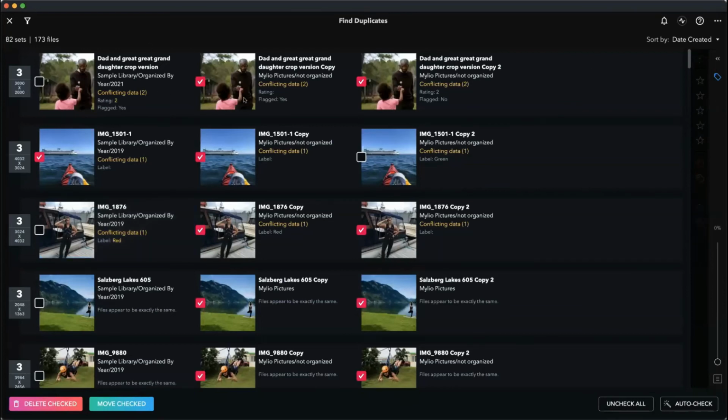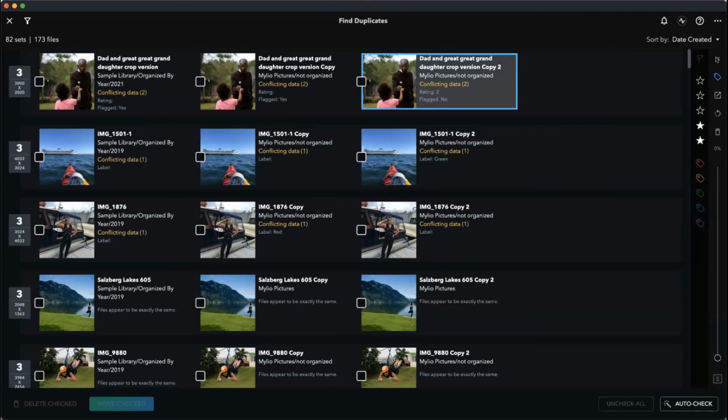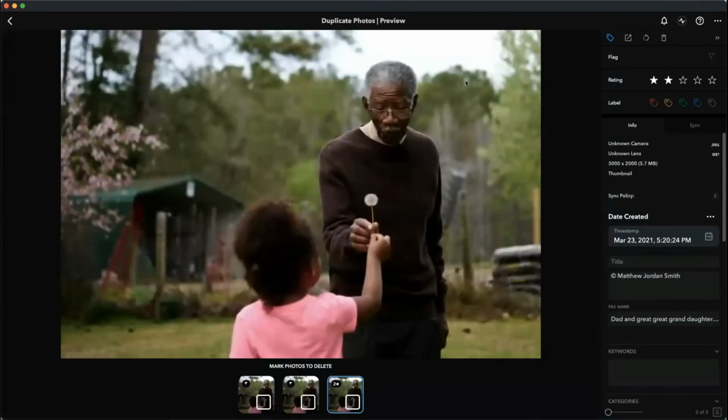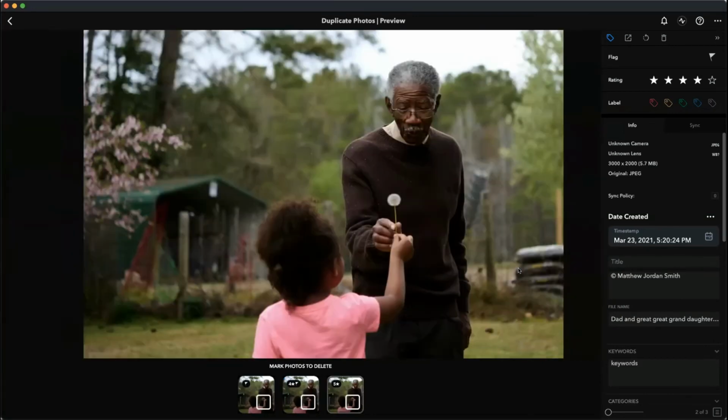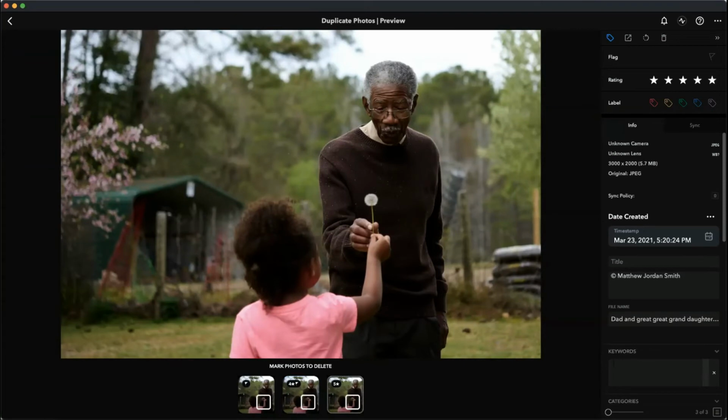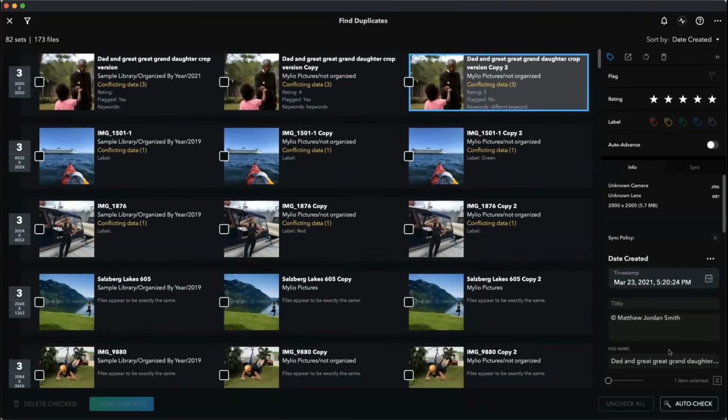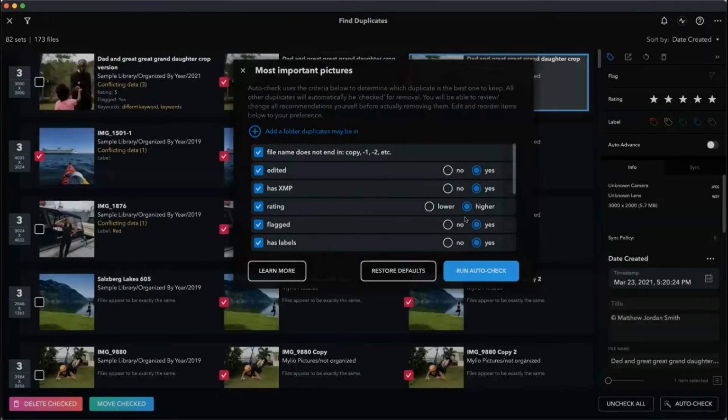So in this example, we do have conflicting metadata. Let's create conflicting metadata for the sake of this. So I'm going to uncheck all and have this media have a 5-star rating. This media has a 4-star rating, have a label, and let's add some keywords. And this media will have a different keyword. I am sure I cannot type today. Different keyword. Okay. So now when we do auto check, or we can manually select them, it doesn't matter. What happens